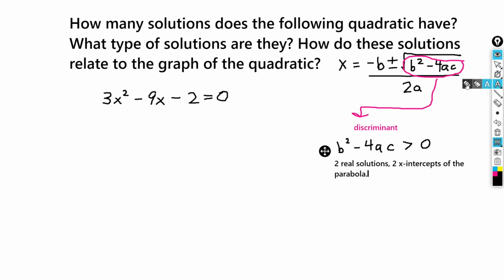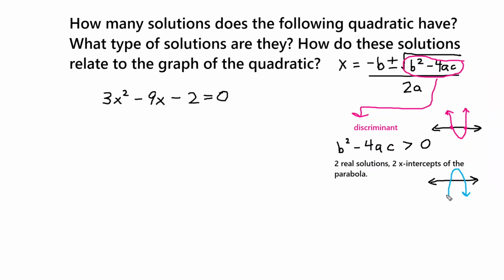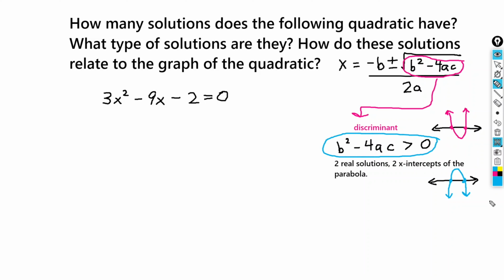So if you're thinking about how that might look, if you have the x-axis here, and let's say your a value is positive, you're going to have a parabola that opens up, and your two solutions are going to be right here and here. Okay, those are the x-intercepts. If you have an a value that's less than 0, then your parabola is going to open down, like so, and the two solutions are going to be, again, here and here. Those x-intercepts are going to be the solutions from the quadratic equation. What we're going to use is the discriminant to determine if you have two real solutions,